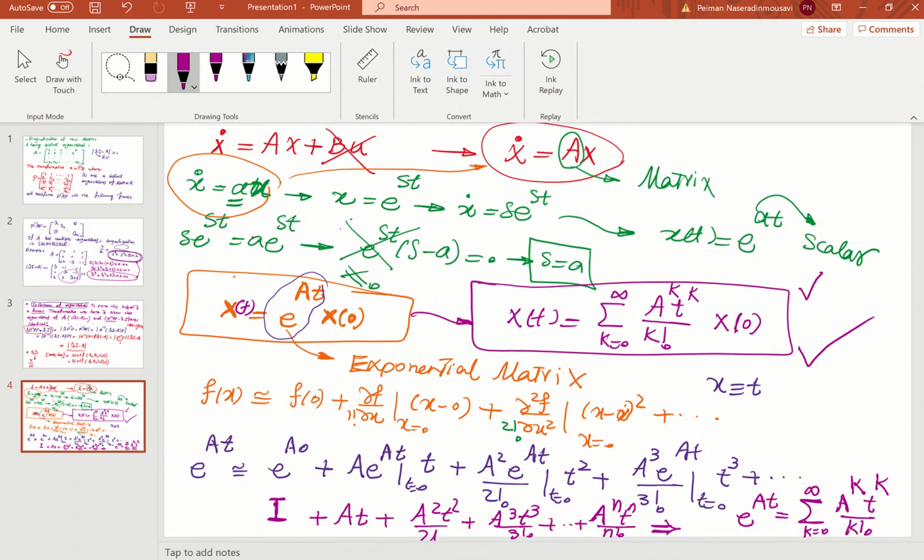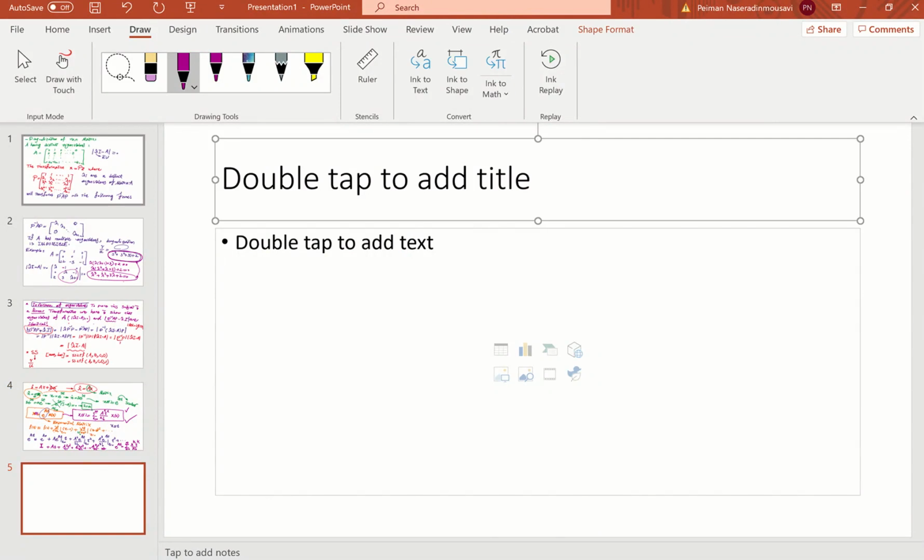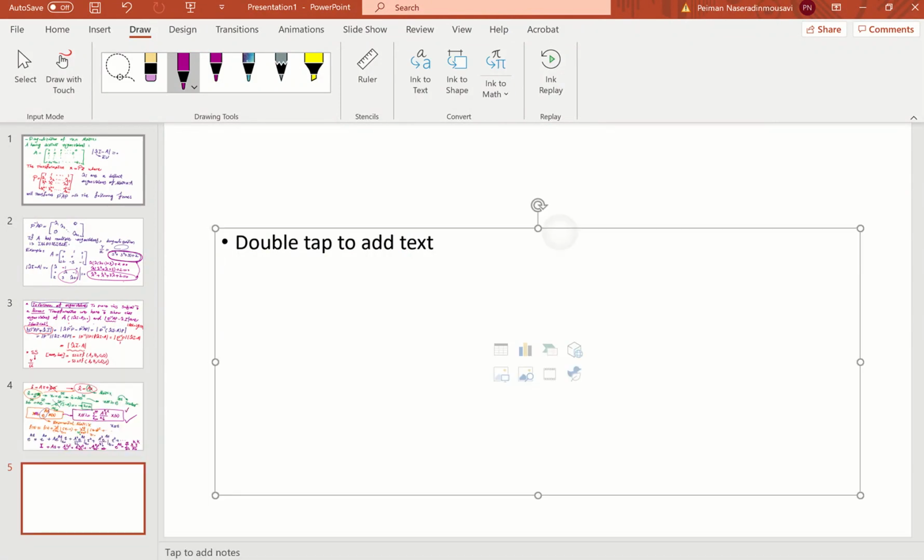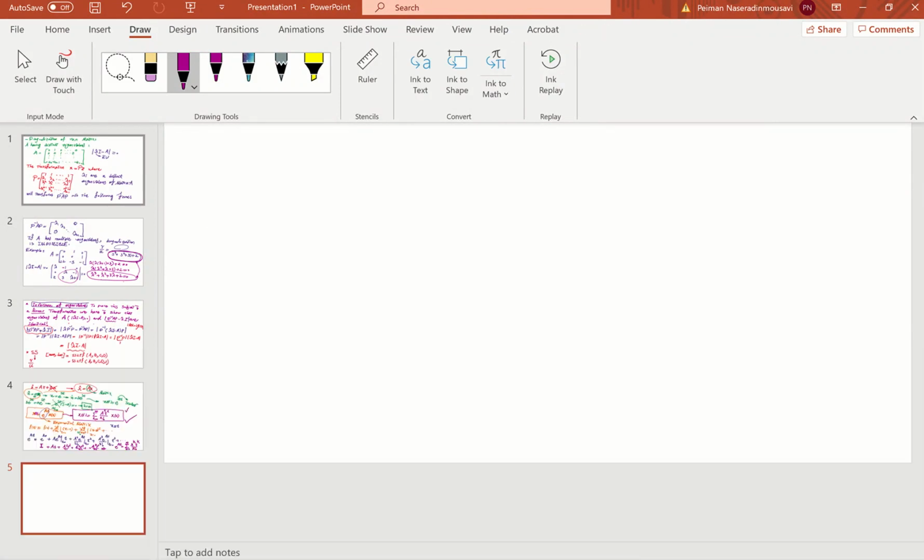But now you're going to ask me, Payman, you're telling me that the first time derivative of e to the At is matrix A times e to the At. How is that possible? We know from the scalar version, but I want to see the proof of that, how that's possible. So first of all, I'm writing everything here, guys, saying that if you have this LTI system without control input, A is a matrix, and this is the state space representation, as I taught you. So its solution again is going to be